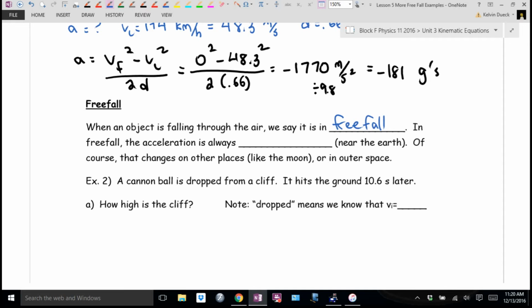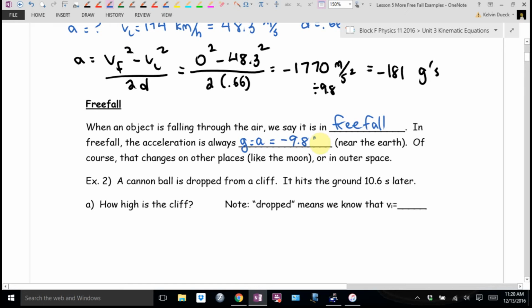In free fall, what is the acceleration near the Earth as a number? You know this. Got to be fussy. Down. So we often use a lowercase g for the acceleration due to the Earth. I typically still use a for acceleration. Near the Earth, it's negative 9.8